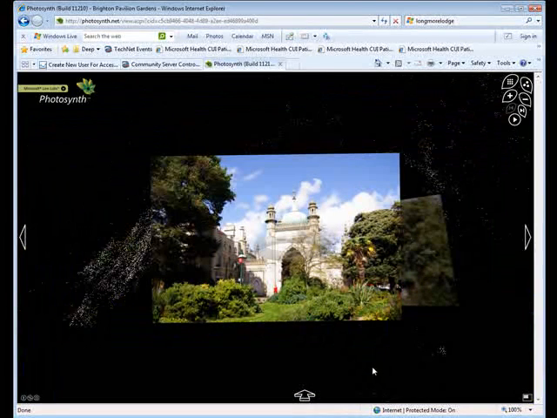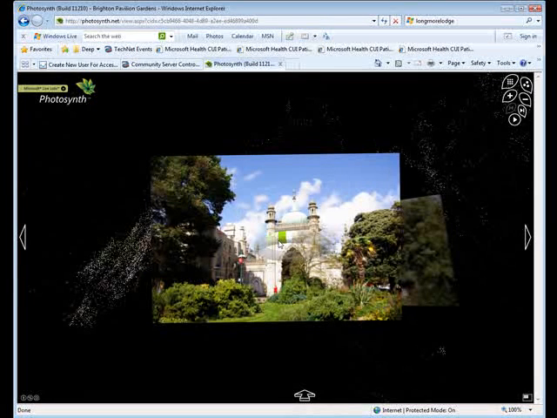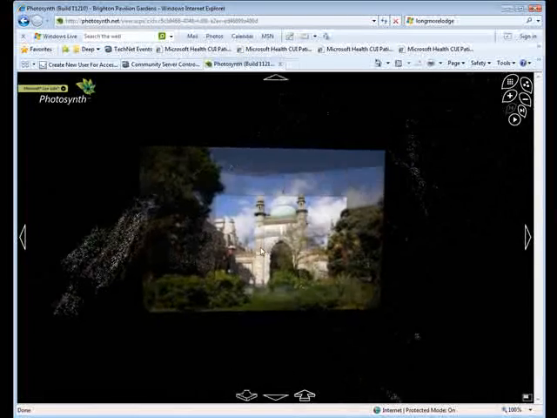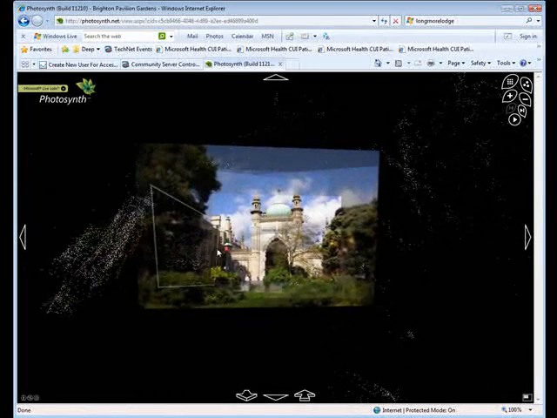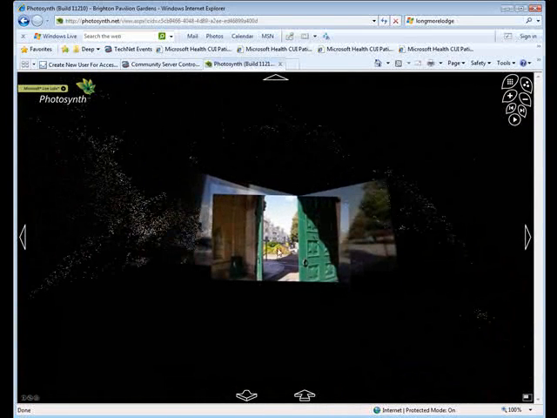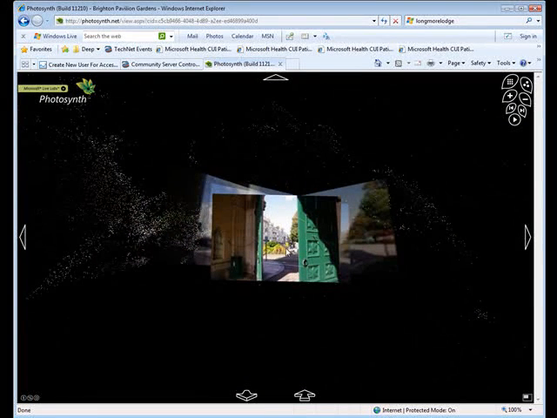And as I hover over the picture, you can see a couple of things. One is this donut, which actually lets me pick up the view and move it around. But also, you see these little wire frames. If I click on one of those wire frames, the picture changes, and I actually move to a new picture. So you can see as I hover over these gates, there's a wire frame of the view the other side,